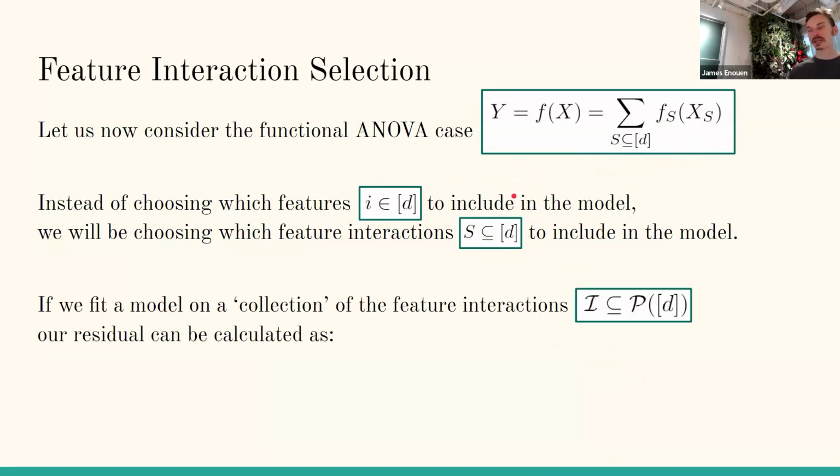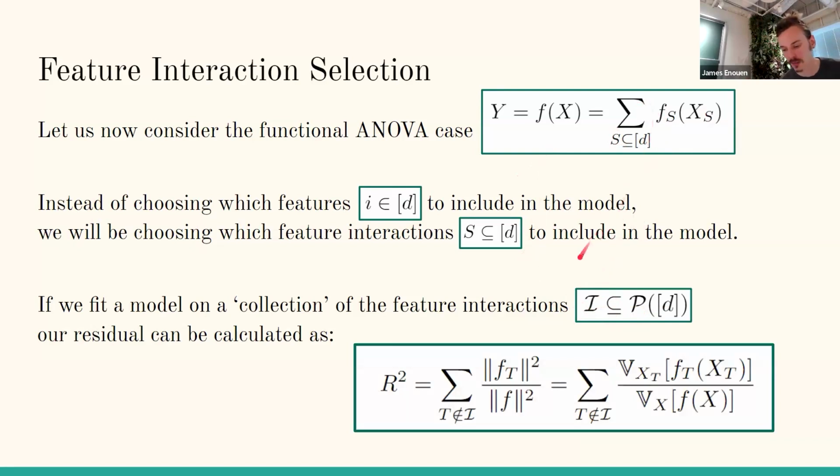And then once we pick a set of subsets, that will correspond to some collection I, which is a subset of the power set. So instead of all possible subsets, now we're going to consider a collection. And so this sum over S, again, in infinite data, we have to consider those which we did not fit into the model. And following the same Sobol variance decomposition, we can see we are just left with all the error for the terms that we did not fit.